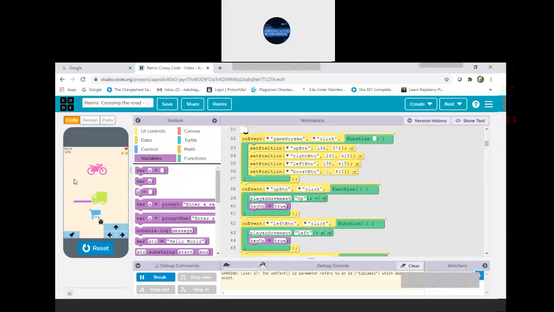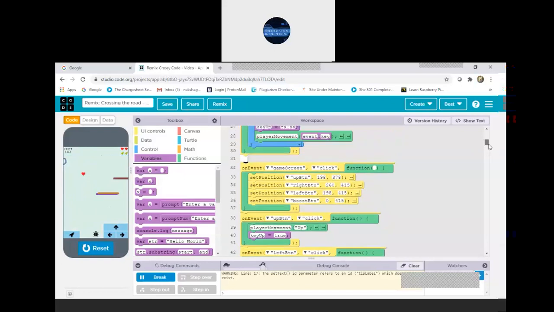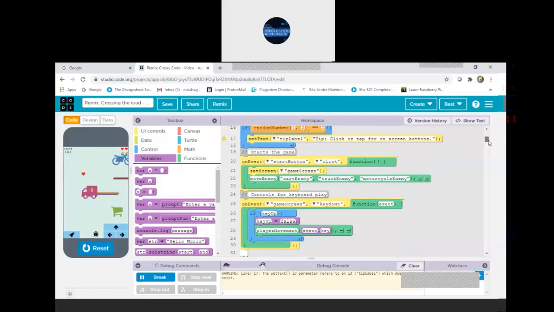Here the bonus is not coming. Now see, you can see the heart bonus has come. When we go on that heart bonus, you have seen that one heart has increased. Why has it increased? Because here we have given the correct command for what should happen when we go on a bonus.